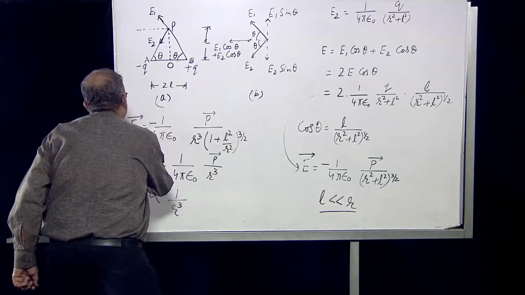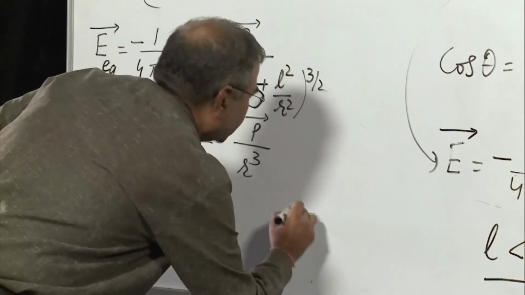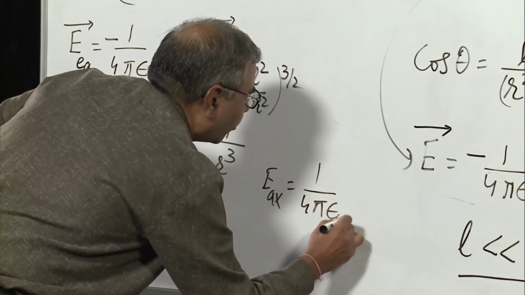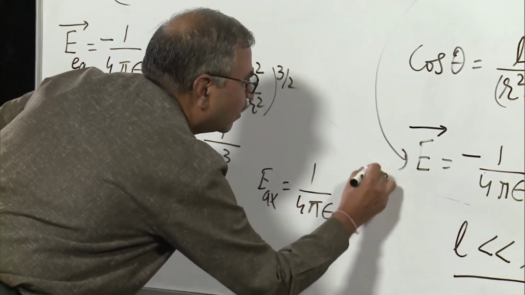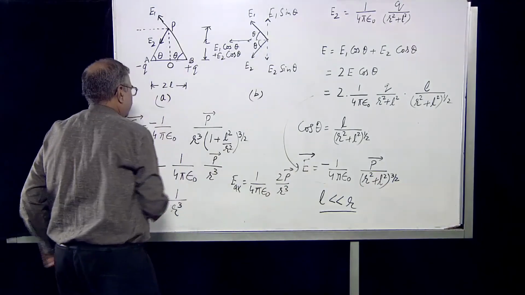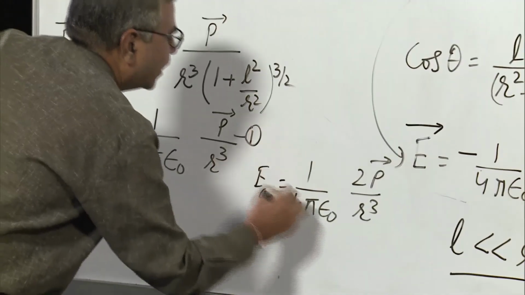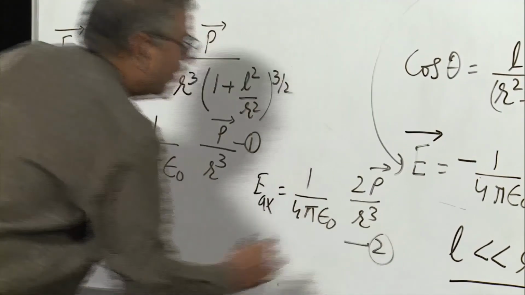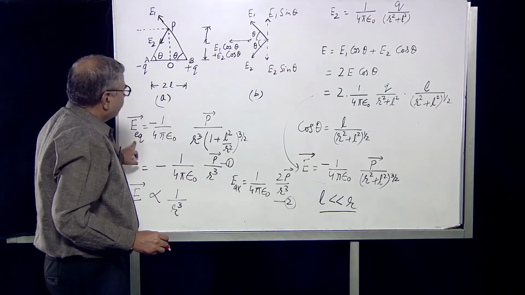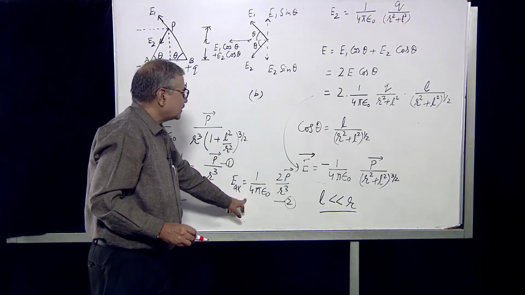This is the field on the equatorial line, and the field on the axial line was 1 upon 4 pi epsilon naught, 2p upon r cube. So, comparing relations 1 and 2, we see that the field on the equatorial line is half of the field on the axial line,